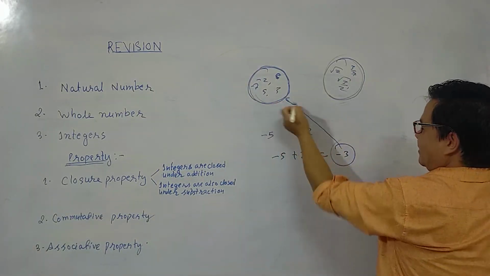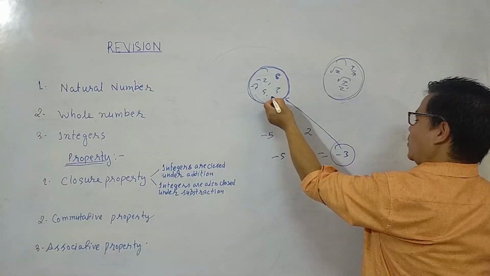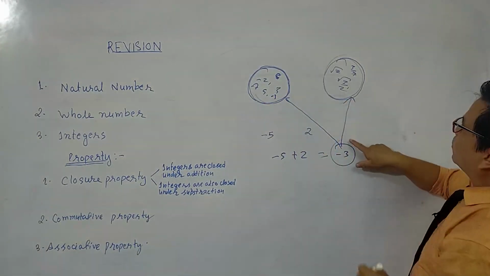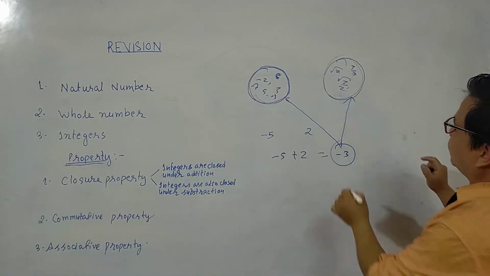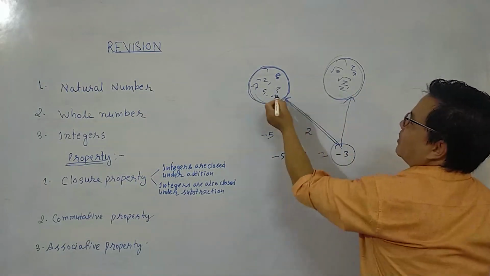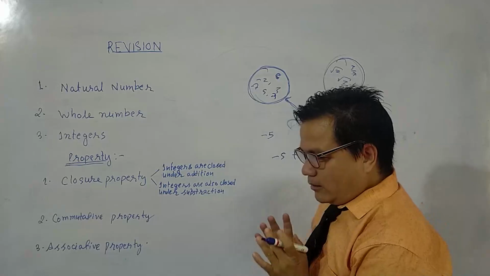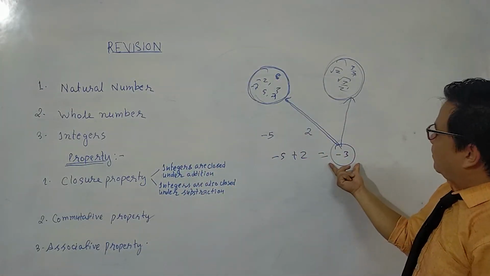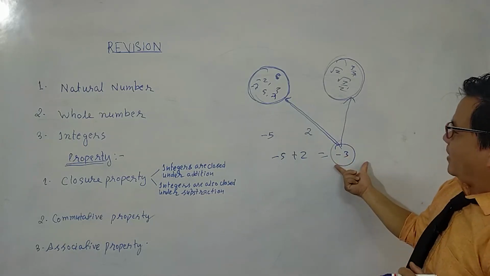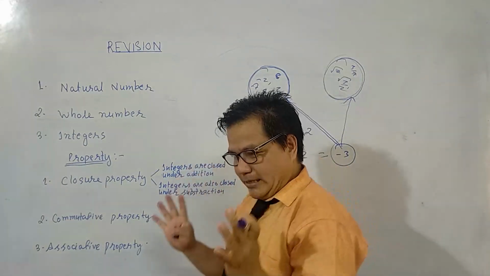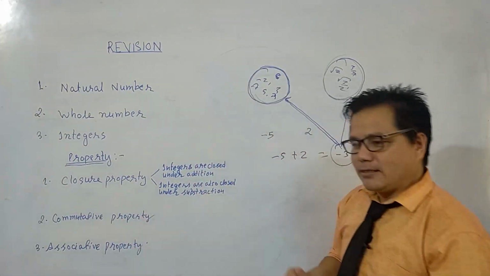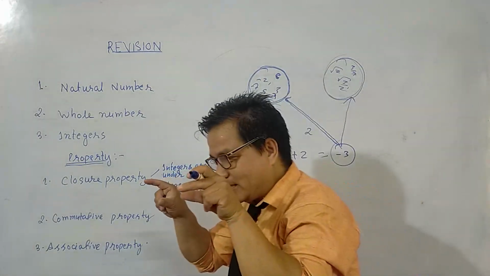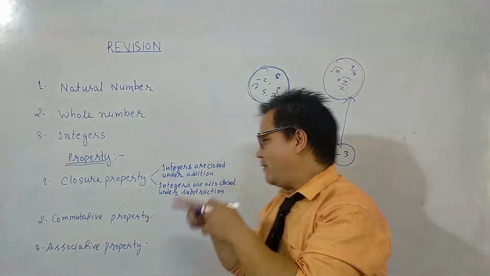Where will this go? It will go to the integer closure. It will not go here, it will go there, to the integer closure, minus 3. So when we add two integers, whether negative or positive, the sum, meaning the result after adding,